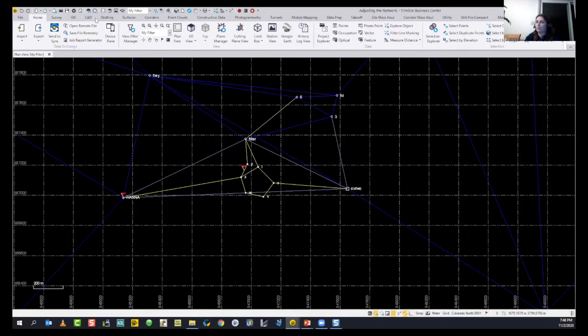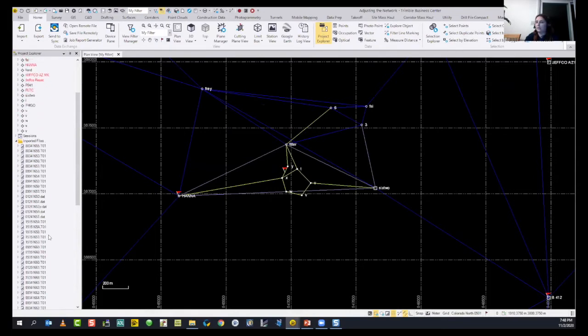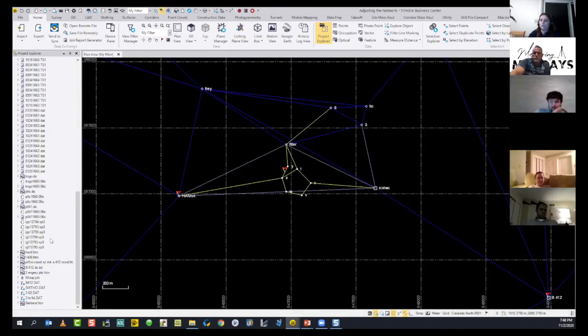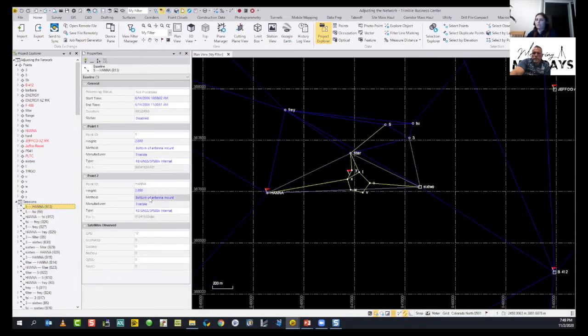And I can also display all of my data sets over Project Explorer. I can display my points, my sessions, and imported files, my static data, DAT data, orbit values, NGS orbits, level, pretty much everything is listed under imported files. You can display your sessions in here, and you can display the properties of the baselines, the processed baselines.